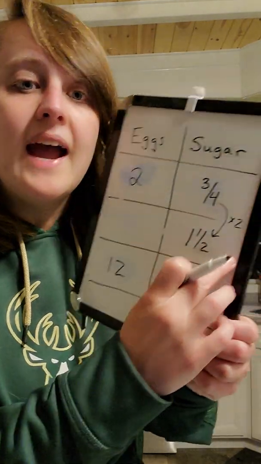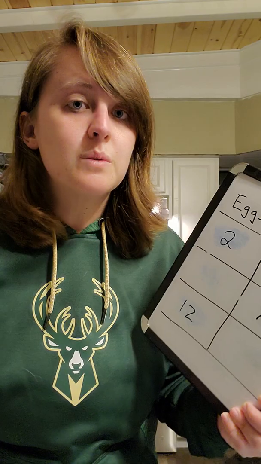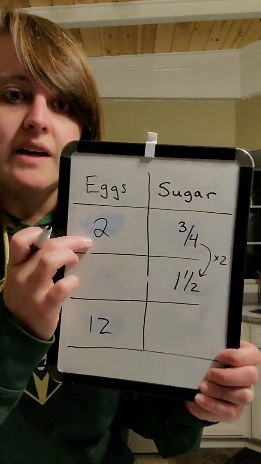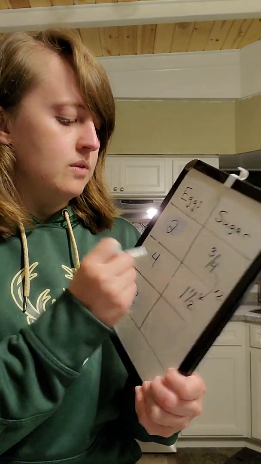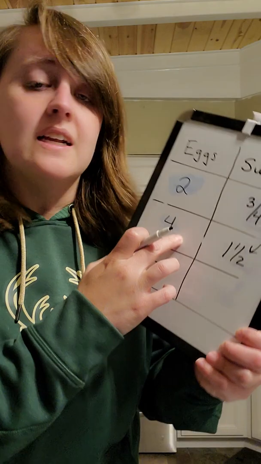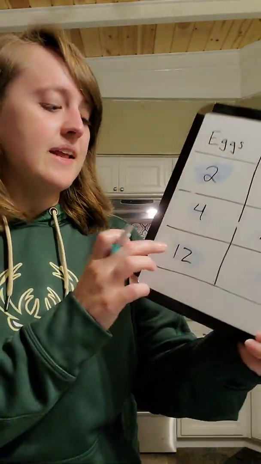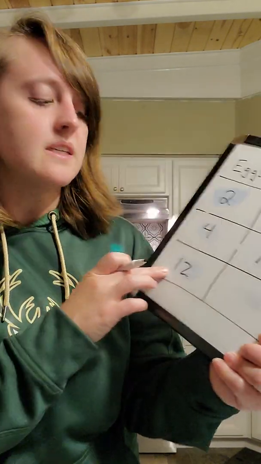Now, since you had to do times 2 here, since you doubled your sugar, if you actually want the cookies to turn out, what do you have to do? You have to double the eggs. So that's how we know, okay, instead of having 2 eggs and 3/4 of a cup of sugar, I need 4 eggs and 1.5 cups of sugar. Okay, and then now we can get down to this last piece down here,